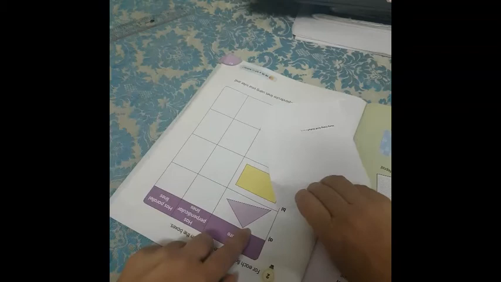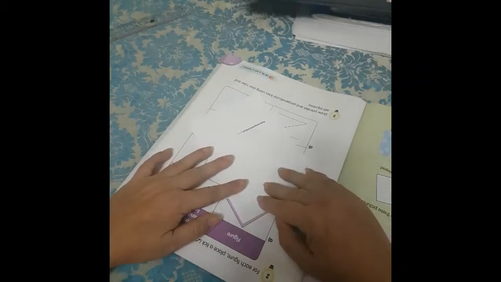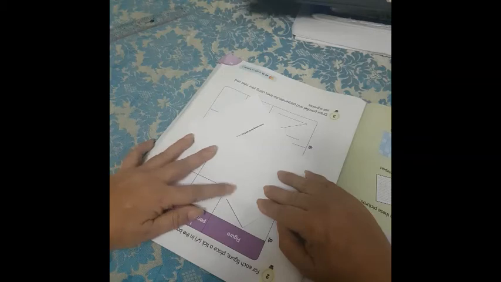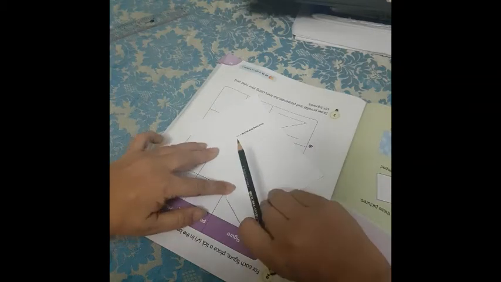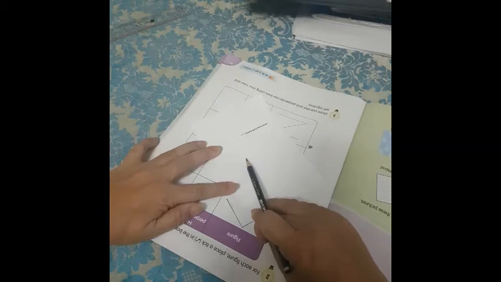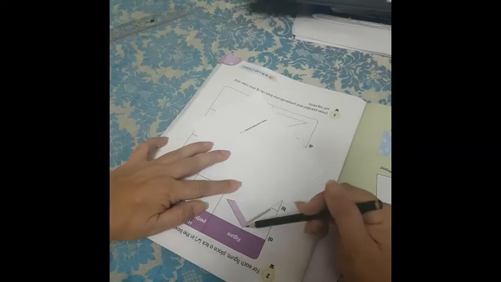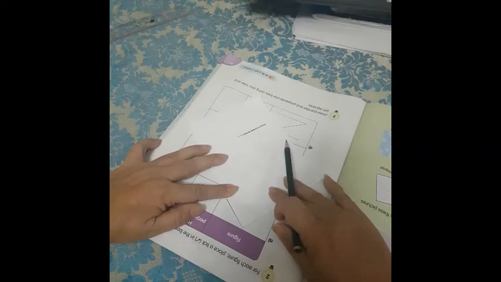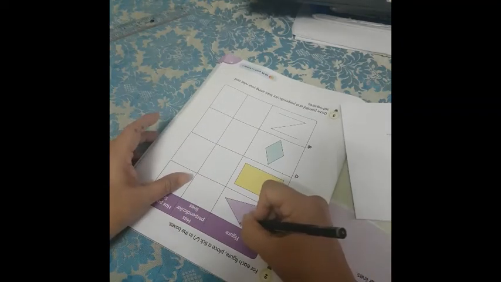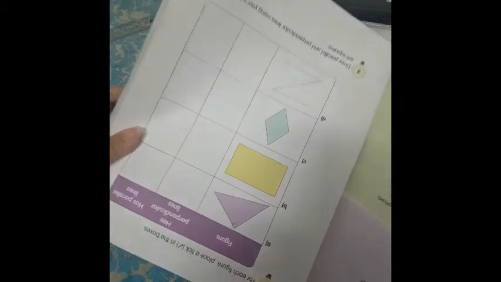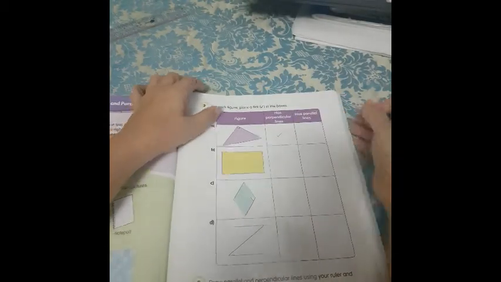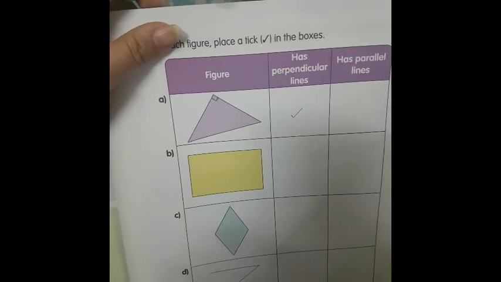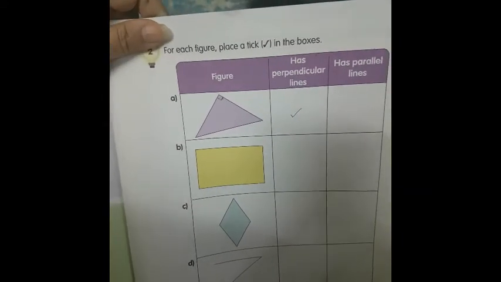Now moving to the last line or the last side. You see when I put the paper, yes, it is a right angle. You can see it goes exactly straight. This line is straight. That means this is a right angle. As you can see, I have put a right angle mark. So what we need to do is tick the first box. So this is how you check a right angle.